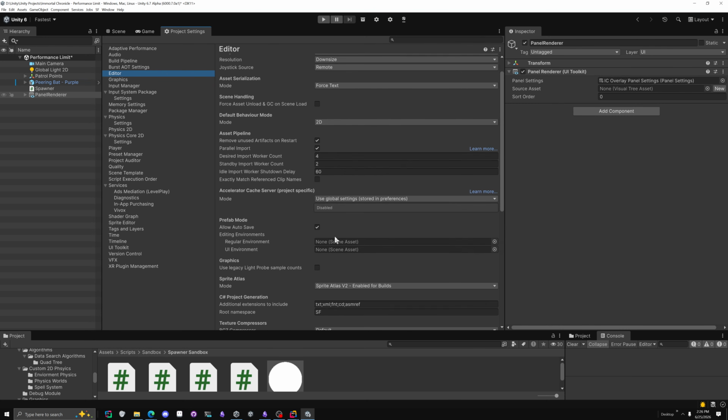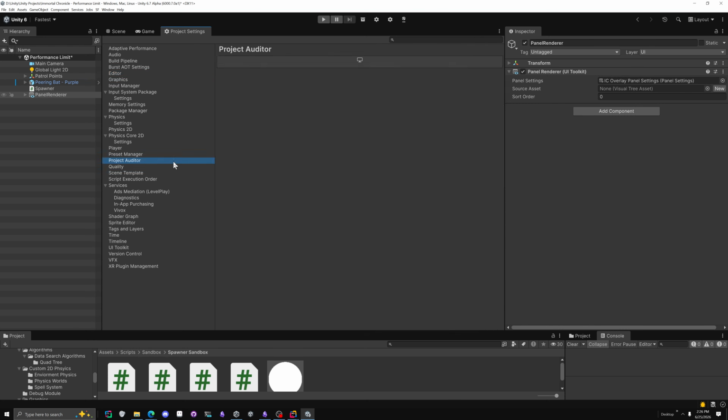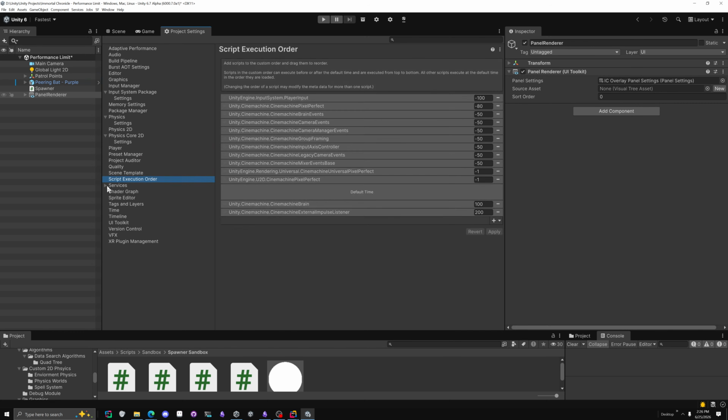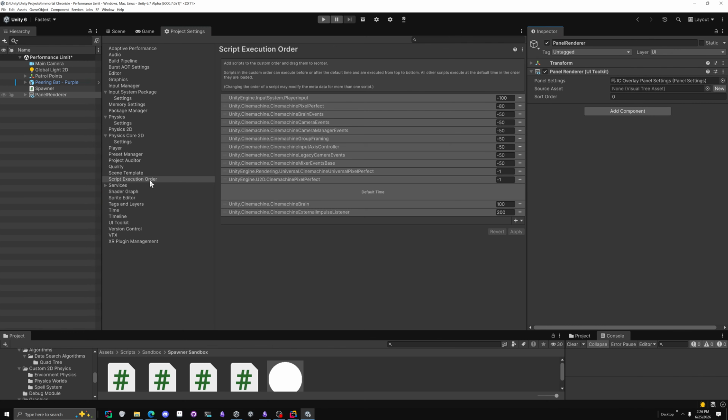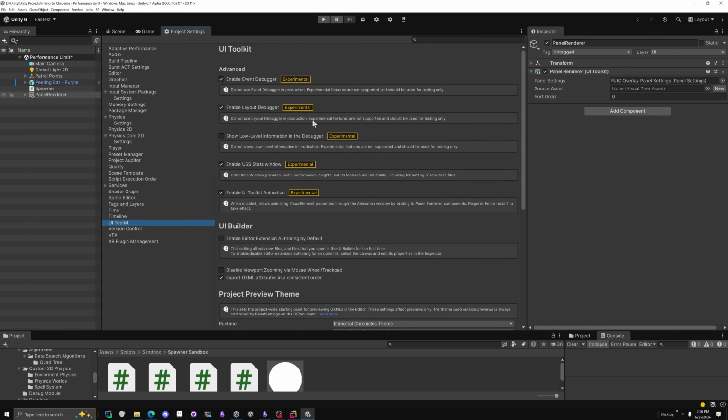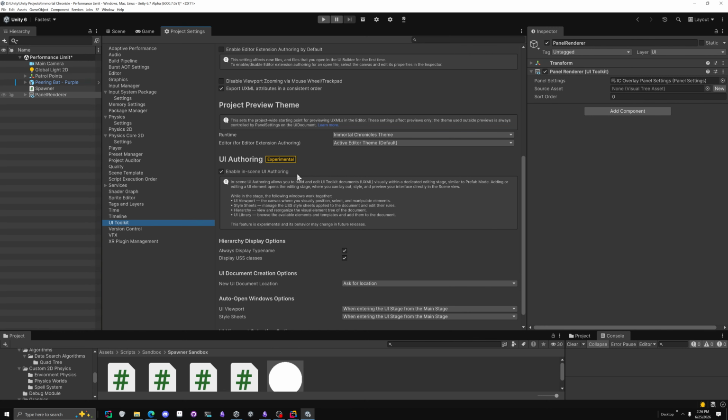Trying to think what else. I think we've pretty much gone through a lot of it. We've gone through what packages are now built into the editor, panel render replacing UI document, and the new lifetime management. Make sure the